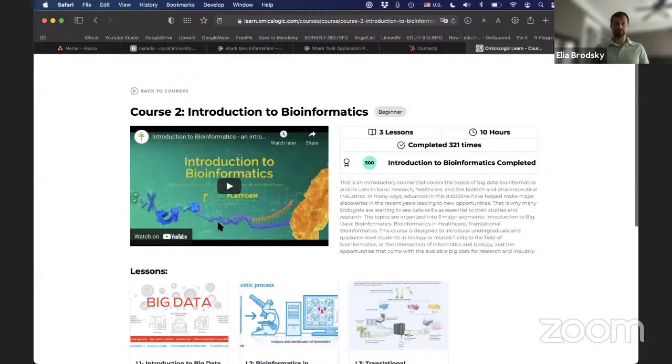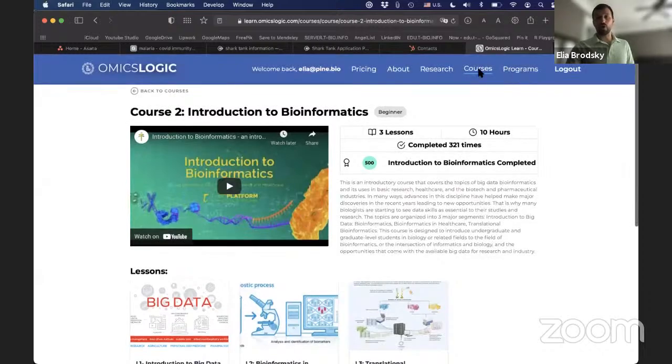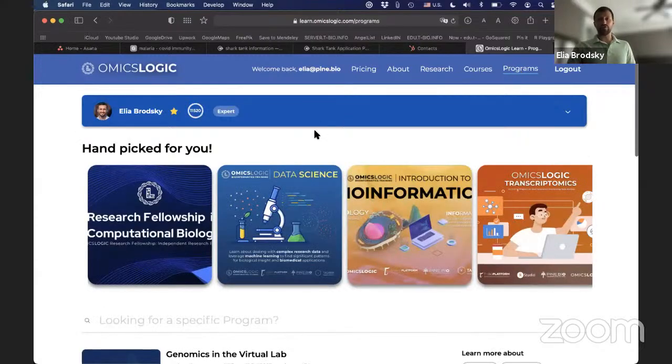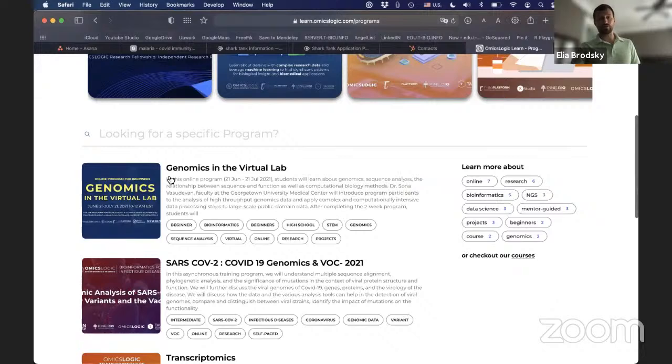that we're going to be starting. Now, to talk about the program, we can go on the main menu right here to the Programs tab. And on here, you will find a variety of different training programs that are not asynchronous. They're not online courses. They are guided by a mentor. And so this program called Genomics in the Virtual Lab is going to be found right here.